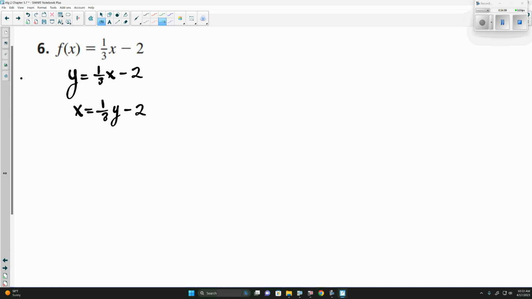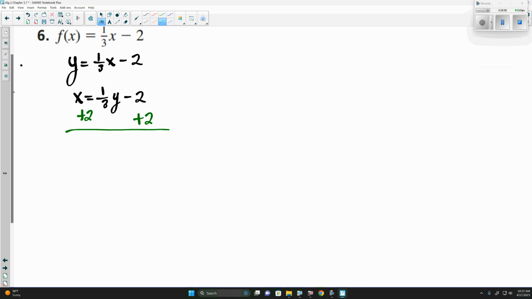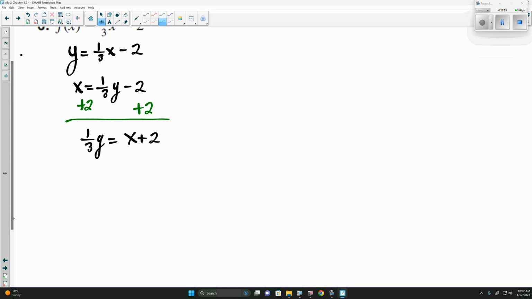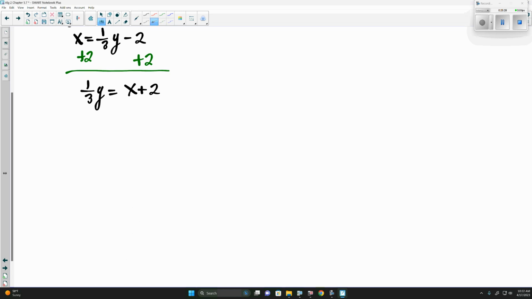What's our next step? Add 2. That'll tell us 1/3 y is equal to x plus 2. What is our next step? Yes, we can divide by 1/3. Now, we'll do that, though there is an easier way. Because if we divide this by 1/3, we also have to divide the other side by 1/3. 1/3 divided by 1/3 is 1, is equal to, well,